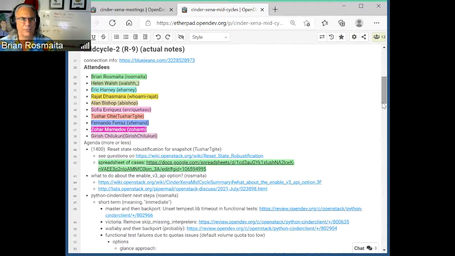Yeah, I guess. It seems like it would be within the scope of this to do the reset state robustification for the group and group snapshots, but I don't know that it has to be done right now.